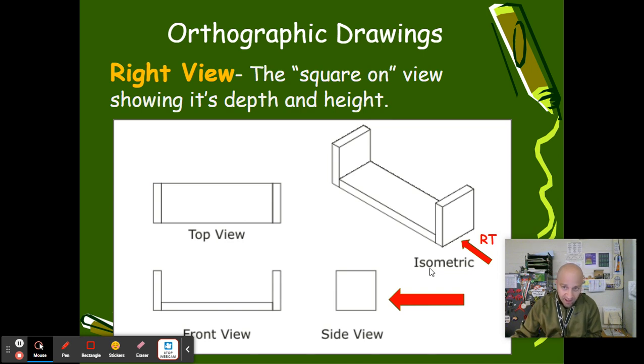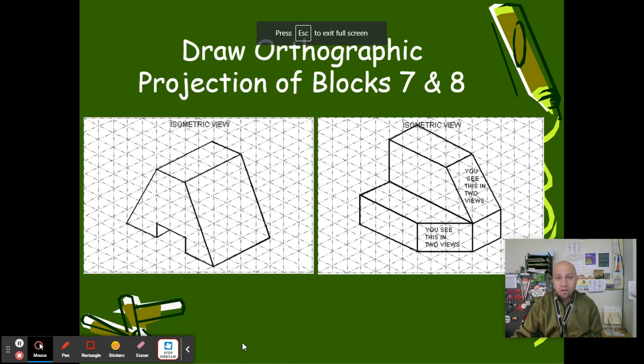Okay, so the next thing I want to do is show you how this looks on a couple example shapes. So here's a couple sample shapes that we're going to look at. These are isometric drawings shown on isometric grid paper, which means they're all at 30-degree angle lines. So when we're looking at this shape here, for example, the front view is going to be,